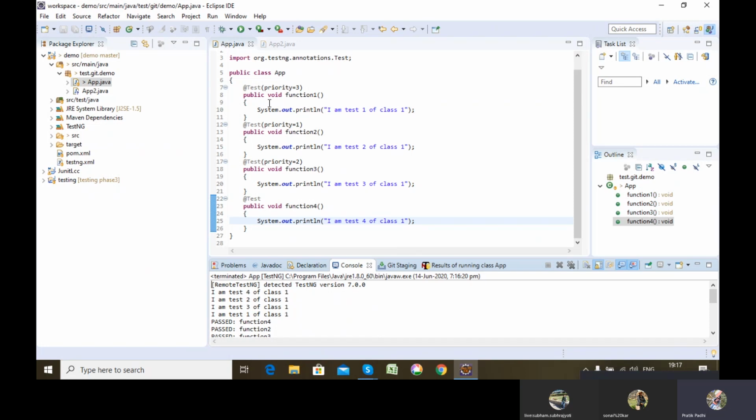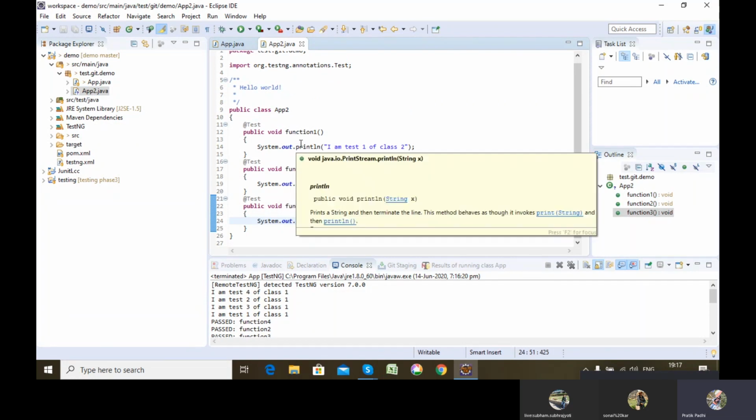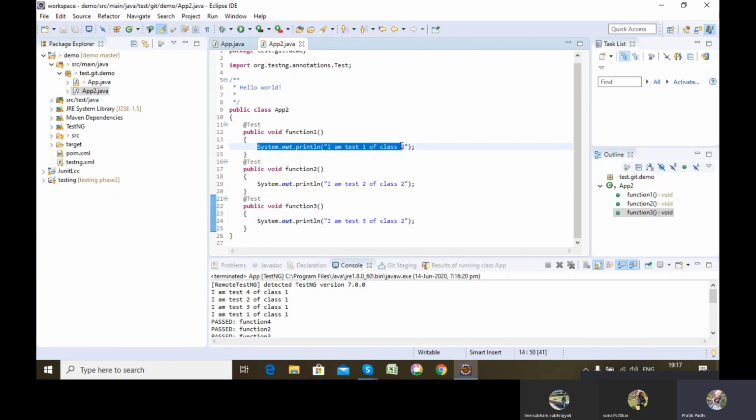Now let's say, for example, there is a test case. Let's say I have this test case which depends on this test case. In this test case I am creating an order number, and in this test case I am using that order number to validate whether the order number is correct or not, or whether the order number is present in the database or not.